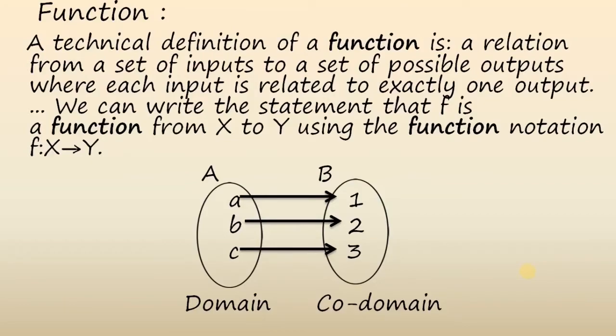That's all. And the next term is range. All the elements in your codomain that have a pre-image come under range. So range is like a subset of codomain, in simple words. In particular cases it can also be equal to codomain, just like in this case. The elements of codomain are 1, 2 and 3, and the elements of range are also 1, 2 and 3, because all three numbers have a pre-image, right? So we learned domain, codomain, image, pre-image, and range.